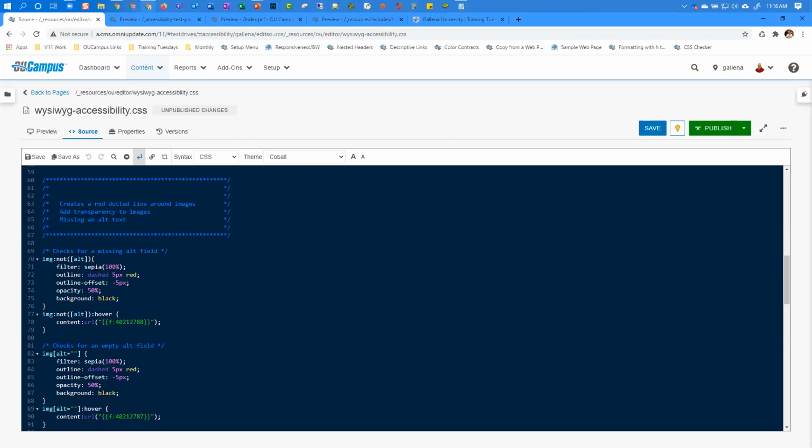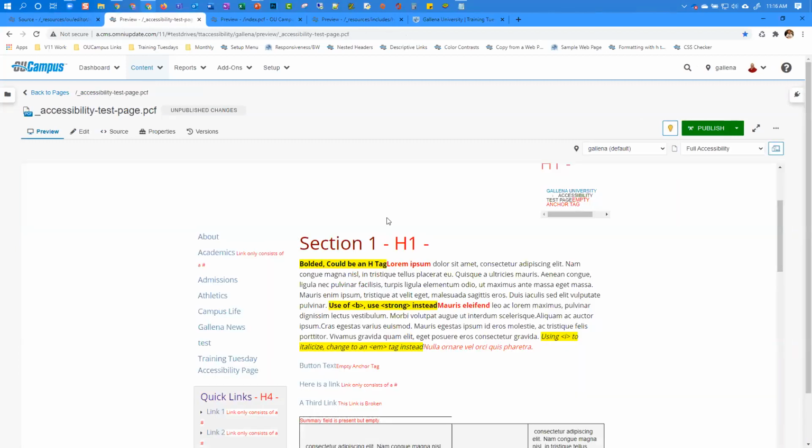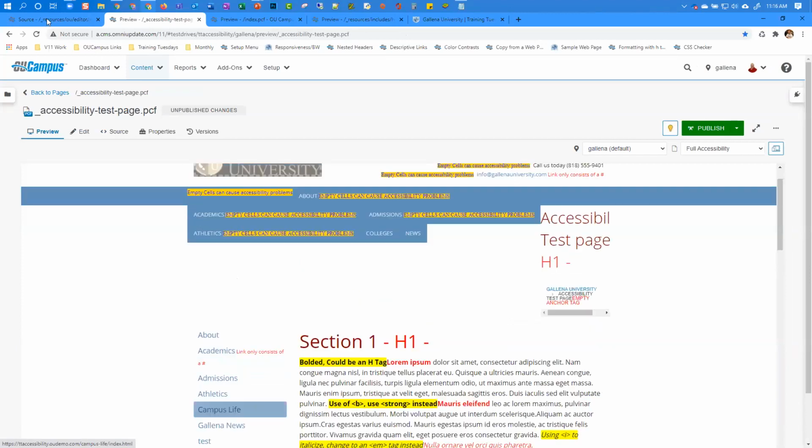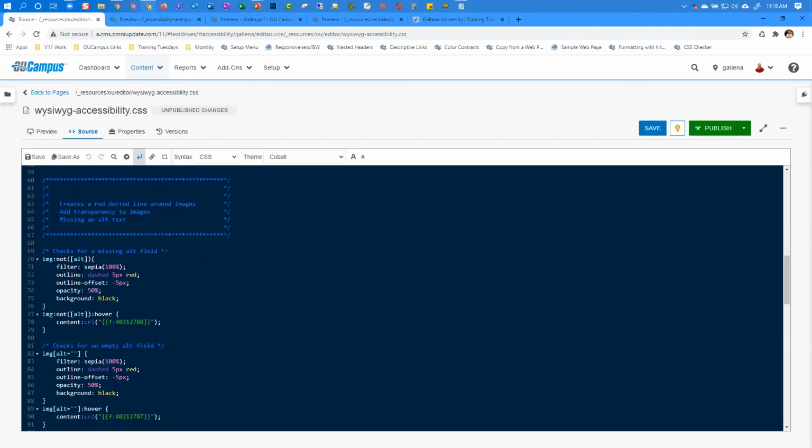So we added a little sepia tone to it. I've done the dashed outline around it, offset it a little bit, and then I decreased the opacity by 50% and made the background black. And so that's what's creating the look that we see on these images when it finds anything wrong with them now. Okay. So once it's found that and colorized it, it then creates